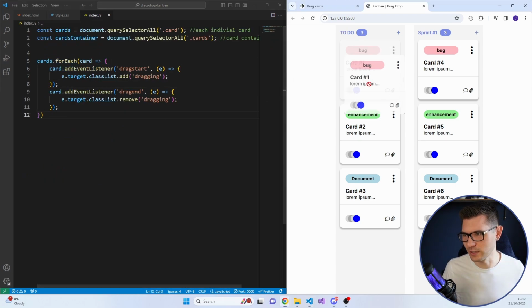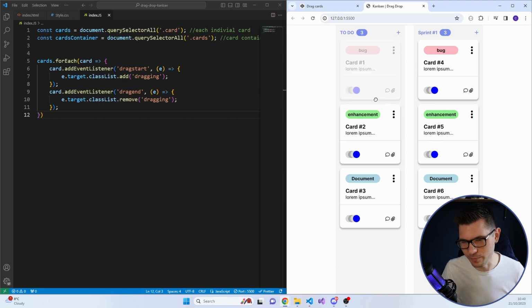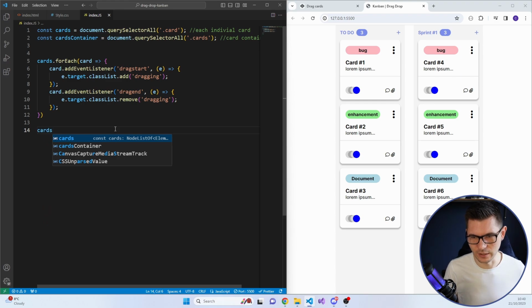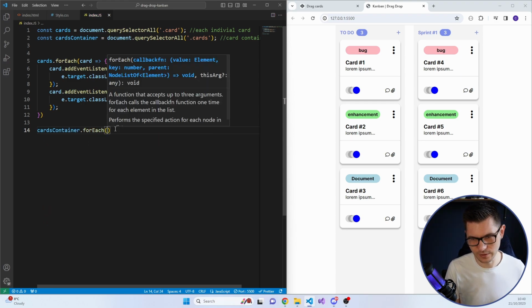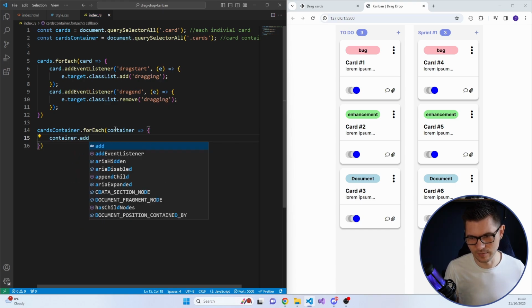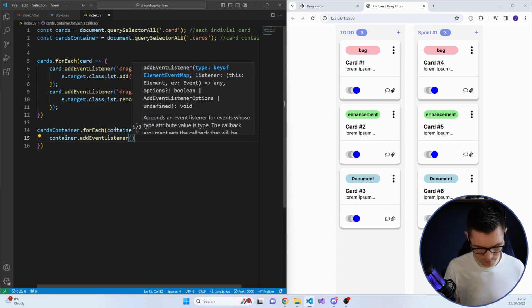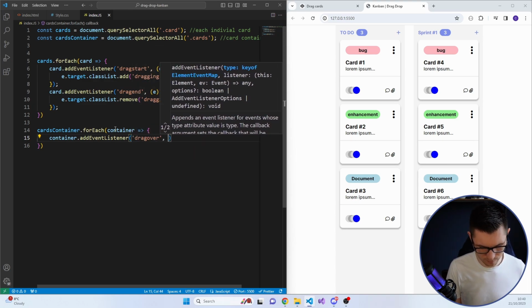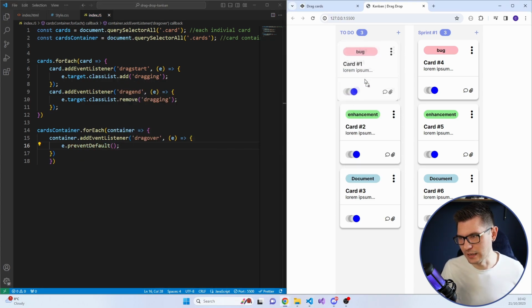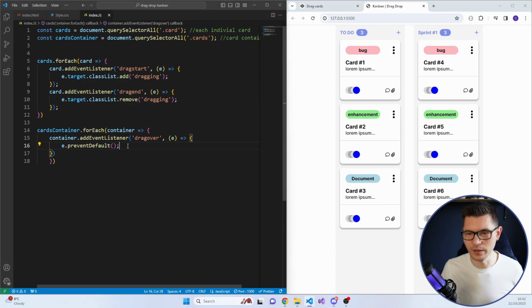So we've got our cards, we can drag them, but we've got the error that we can't drop it. That's because we need to prevent default. So cardsContainer.forEach container .addEventListener, dragover. We need the event again. So e.preventDefault. So we can drag and drop now here, but it'd be nice if we could just for now